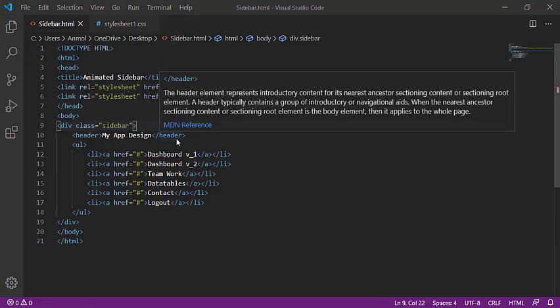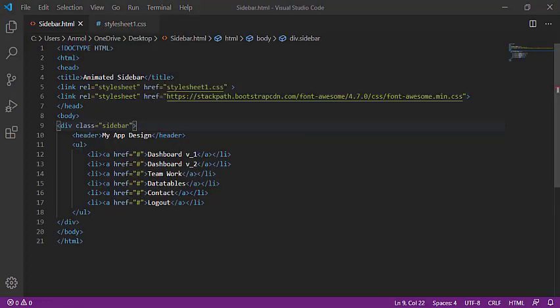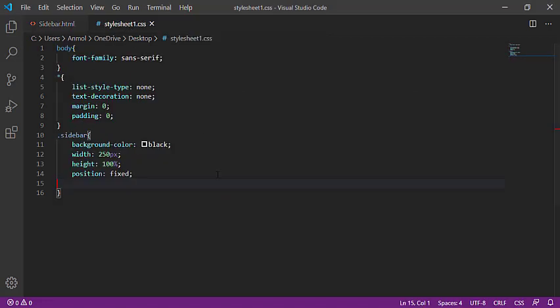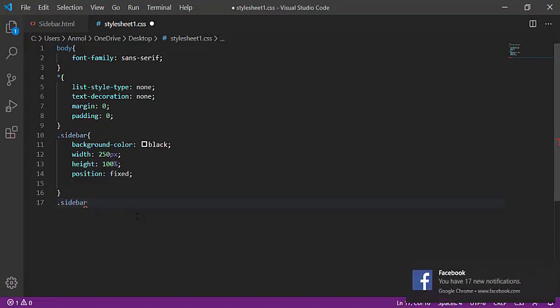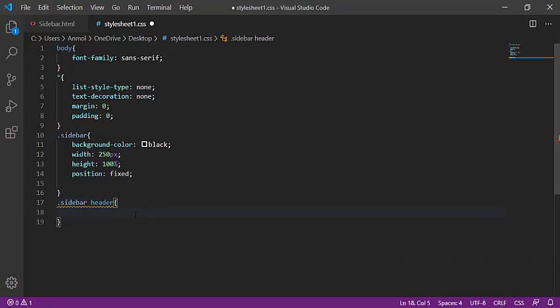Now the task is to put the font icons and also give the styling of the header. First I am giving sidebar, calling the class, and then header. Header is the tag, and in the sidebar header I will give the font size approximately 22 pixels.